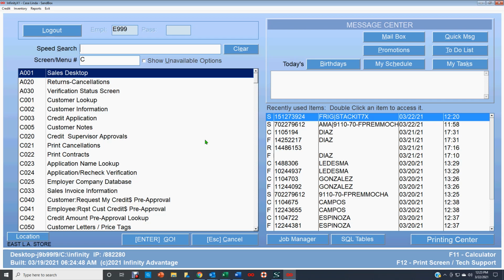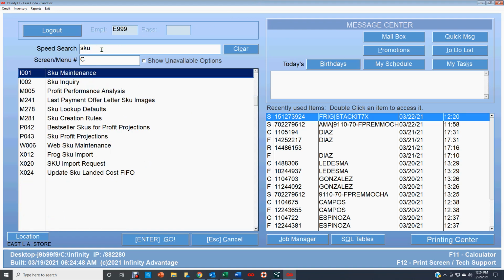Maybe you forgot to count it in inventory. One just popped up that you didn't know that you had, and you have to account for it, so you would do an overage there. So the first thing we're going to do is go to the SKU inquiry screen,